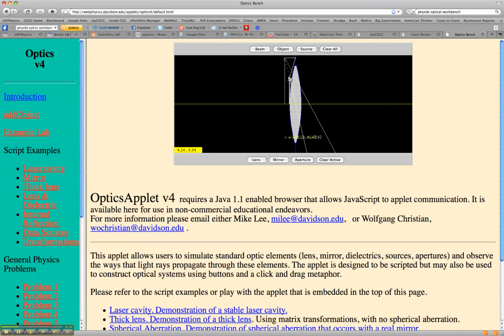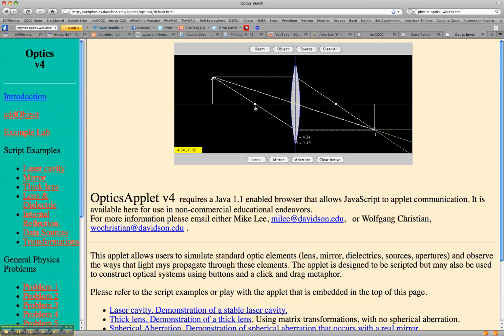Both of these things are really important for you to work with, because whether you're doing a microscope or a telescope, you're going to have a pair of these, and the image of one of them is going to become the object of the next one, which won't have a whole lot of meaning, but at this point in time I just clicked on the lens, and you notice that the focal points come up,